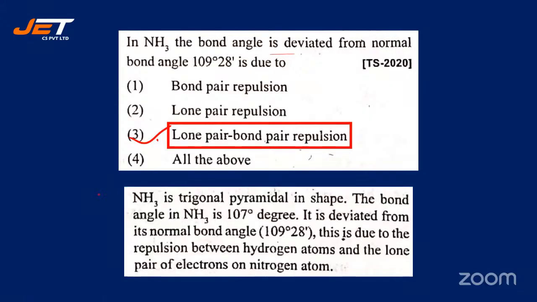Ammonia is a trigonal pyramidal in shape. Okay, normal shape of ammonia molecule is trigonal pyramidal. The bond angle is 107 degrees. It is deviated from the normal bond angle to 109 degrees 28 minutes. This is due to repulsion between hydrogen atoms, the repulsion between hydrogen atoms and the lone pair of electrons in